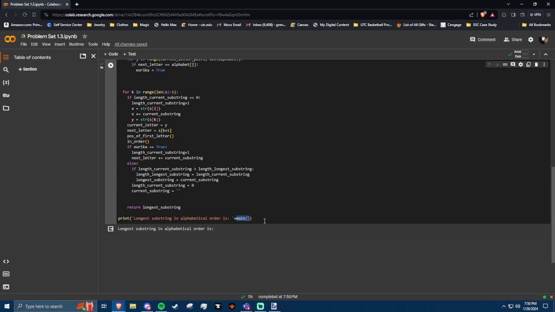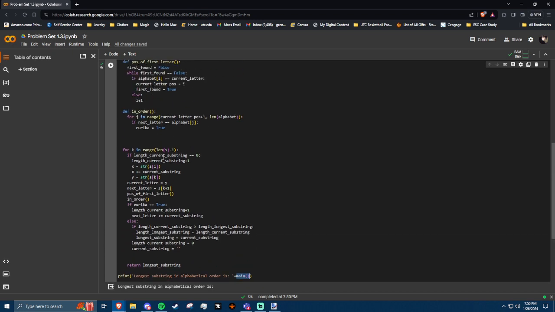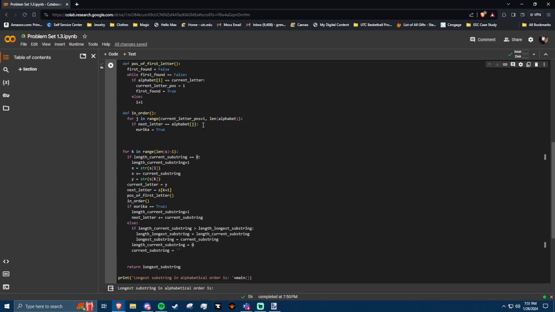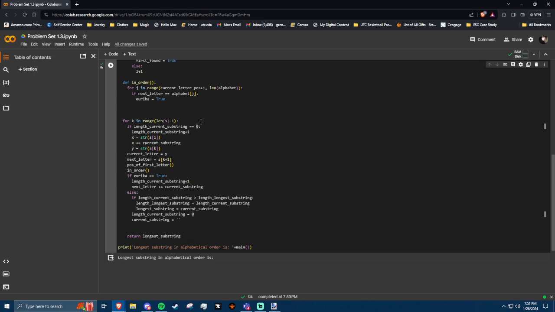If the length of the current substring is greater than the length of the longest substring, so length of current substring should immediately be set to 1 off the bat. X, so the current substring